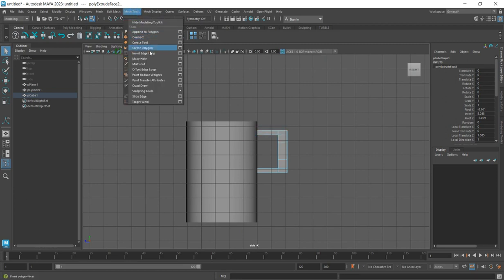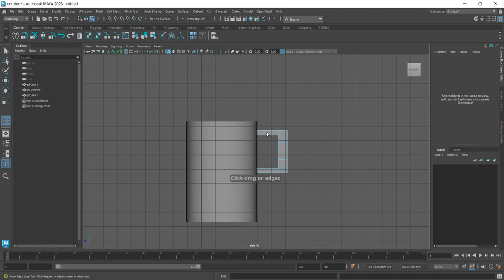Edge mesh loop. Click on edge mesh, add more edges to this, and more edges, and take it in a little bit. The same thing you did here. Add more edges. So as we have added more edges,